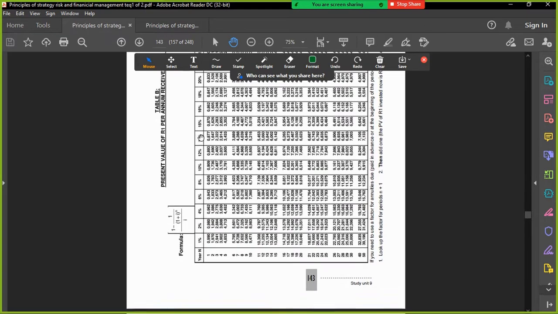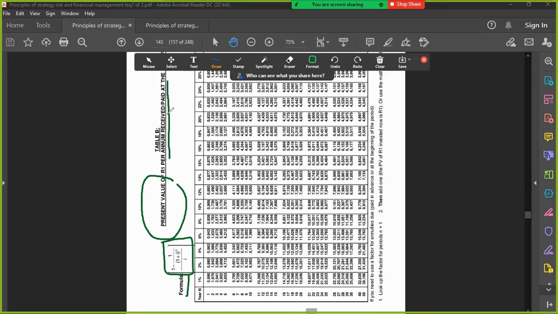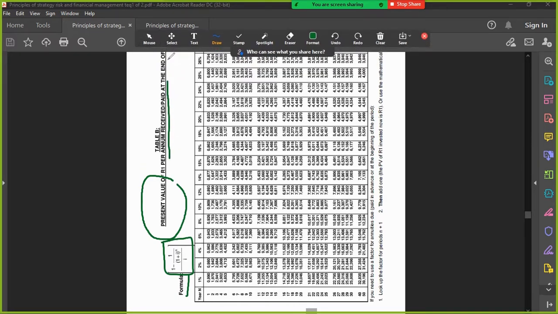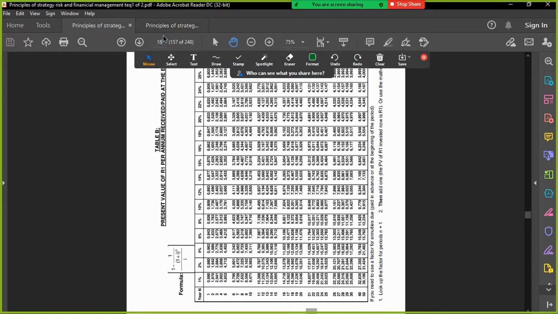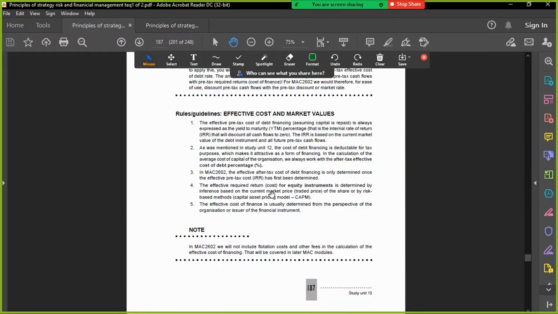Right, the tables, just to explain what the tables do, the tables just help you to do discounting when you don't have a calculator, because there's the bracket. Do you see that bracket? This was part of the formula. Remember that one equation. This is working out the present value of an annuity paid at the beginning or at the end, depending which table this is. This is at the end. Right, so you're going to be using these factors to do it. But as I said, this is a very long method to calculate something that's a little bit easier to do on the calculator. So if we go back,